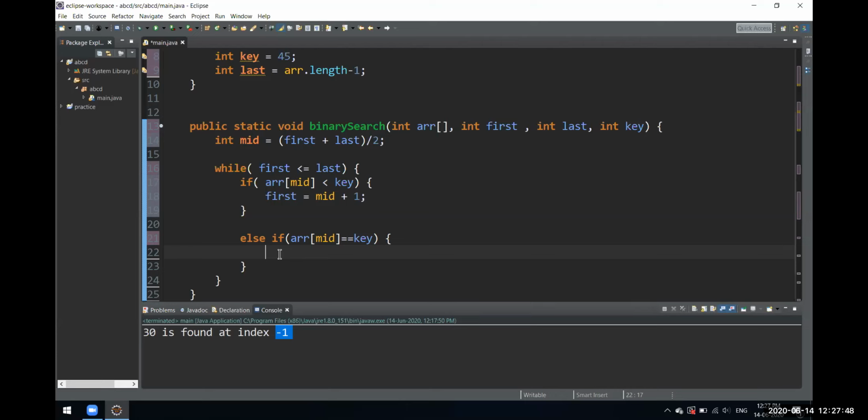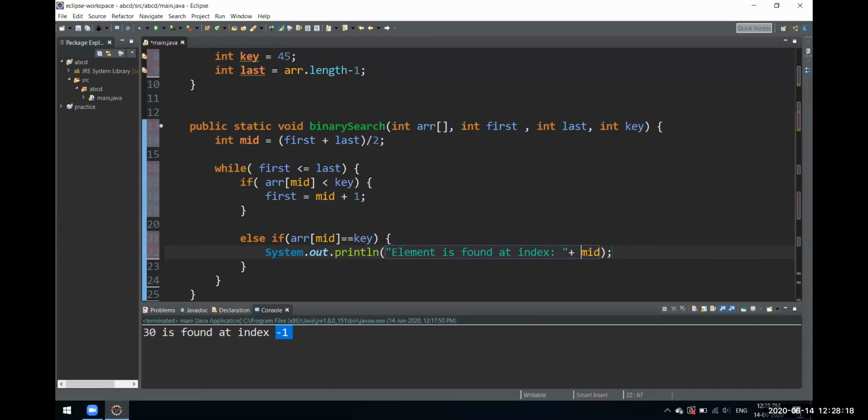So this would be very easy. We could directly just print: key found at index, plus we'll pass the value of that index, that would be the mid one.